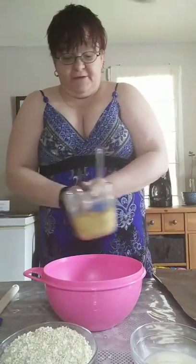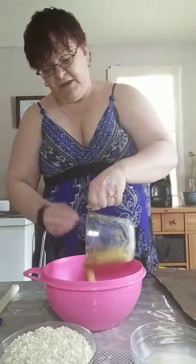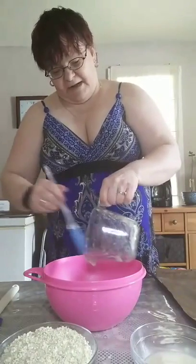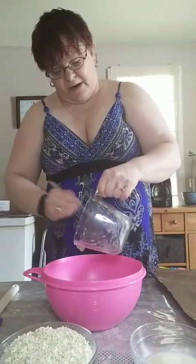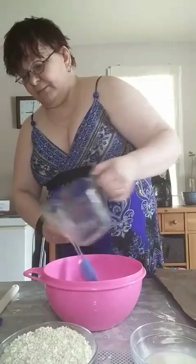So let's begin. We're going to put the bananas in first. So 3 mashed bananas, and they should be quite ripe. It's a good recipe to make when your bananas are a little overripe. I prefer my bananas a little bit less ripe. So 3 bananas,